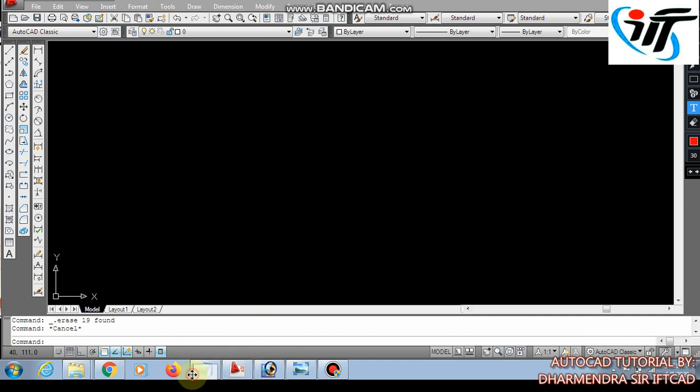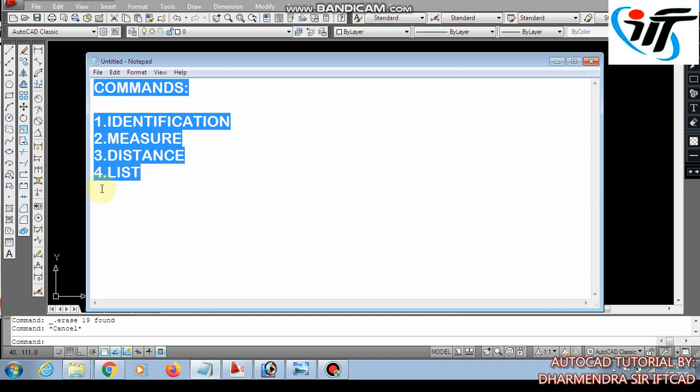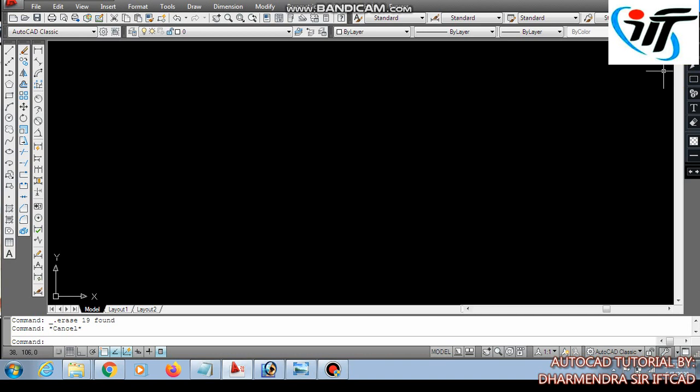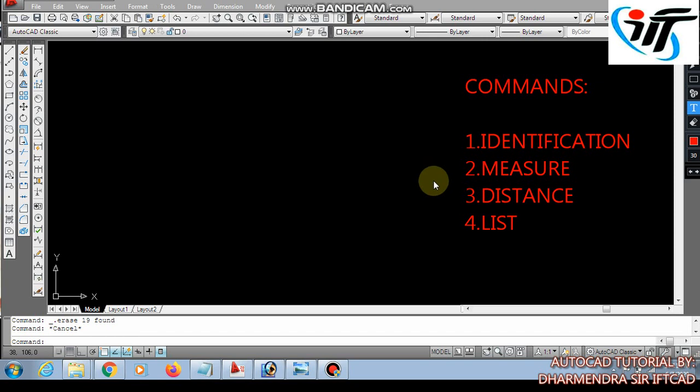Let us write them down. These are the commands which we are going to practice right now: identification, measure, distance and list.